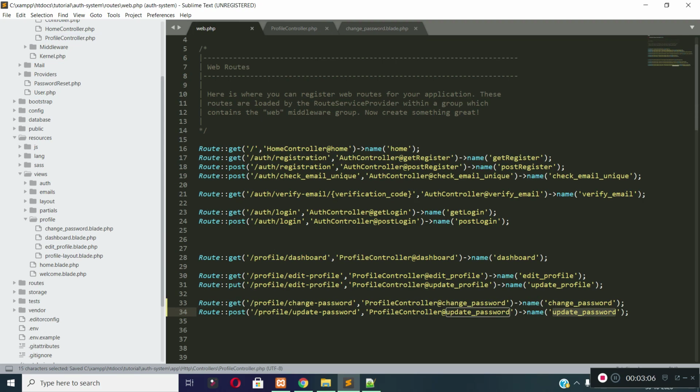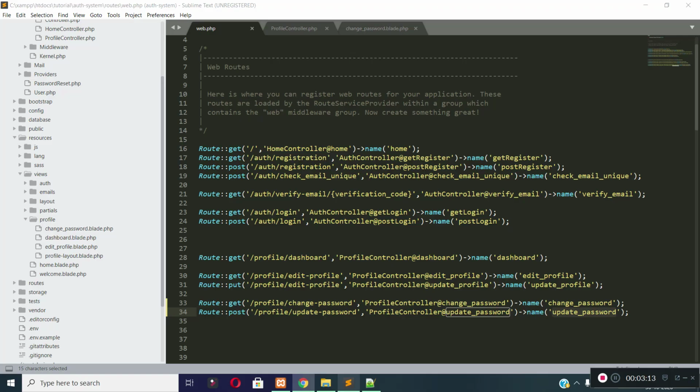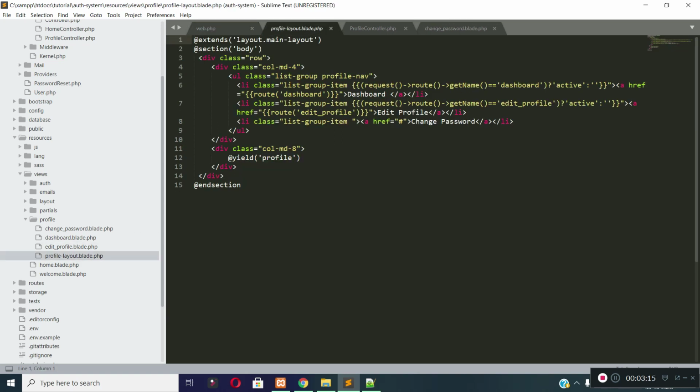Now let's add this change password page link to this anchor tag, which is in our profile layout file. So let's open profile layout file and add the change password link to this anchor tag. The route name for our change password page is change_password, and then let's add an active class to this li.